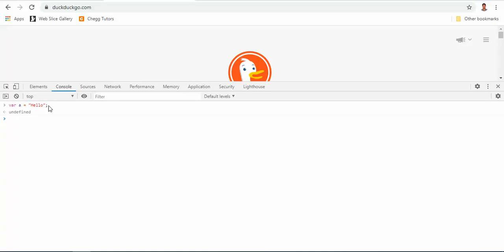Now if in the next line I write a equals "hi", then the value of a will become hi. So I can print the value by console.log(a). As you can see, it is showing hi. That's why it is called a variable, because it changes its value depending on the assignment. So this equals sign is the assignment operator.